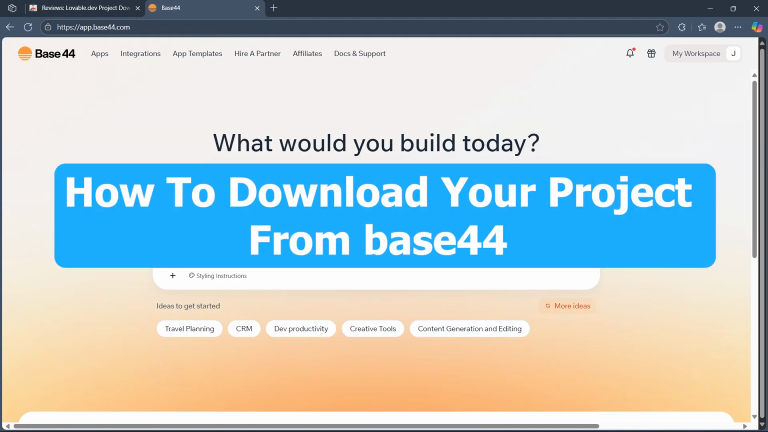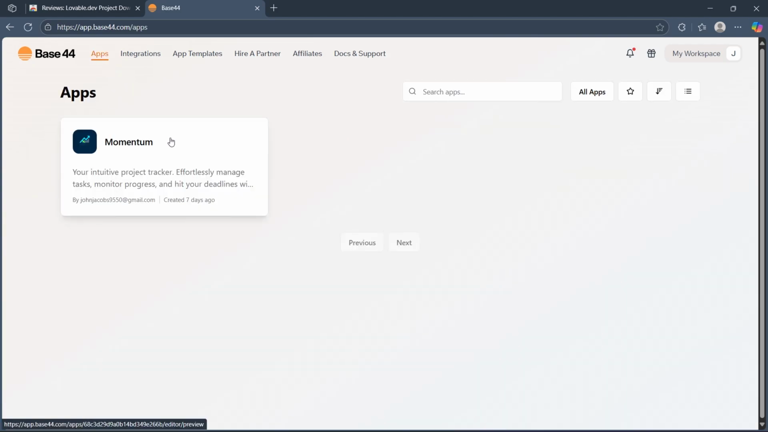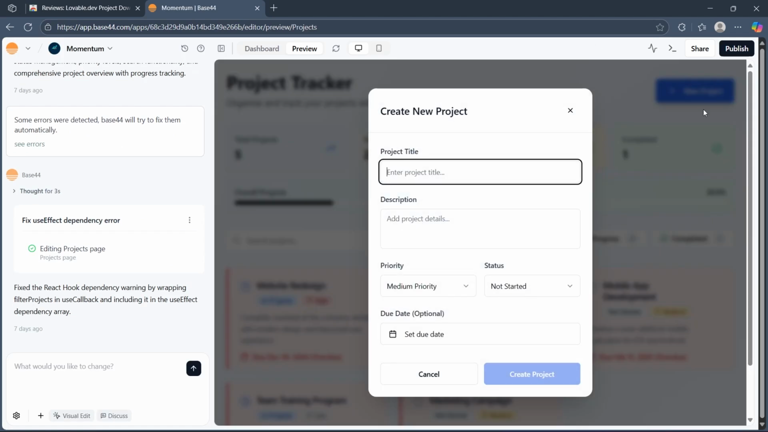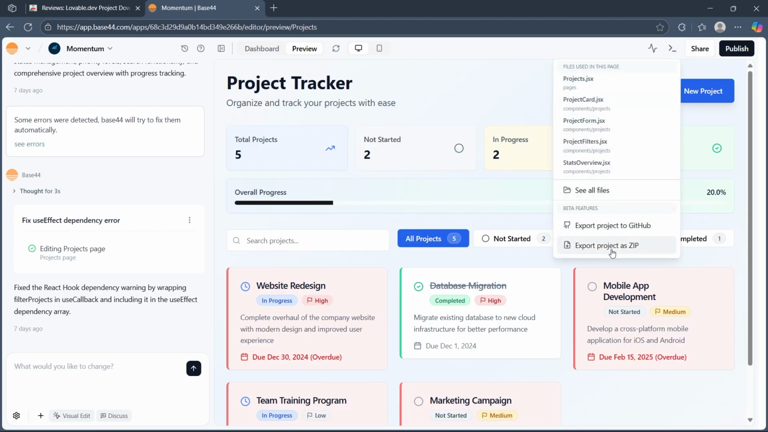Hi, today I'm going to show you how to download a project from Base44. In order to do this, simply navigate to Base44 and click on App section. Now, choose the project that you want to download or the app that you're working on. Now, it will show up this page where you'll have to simply click on this icon and simply choose Export